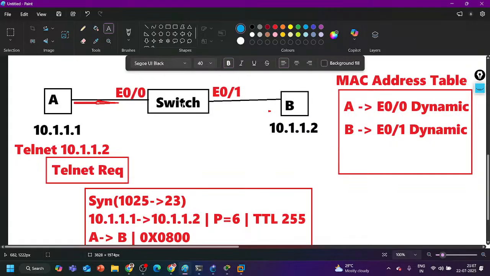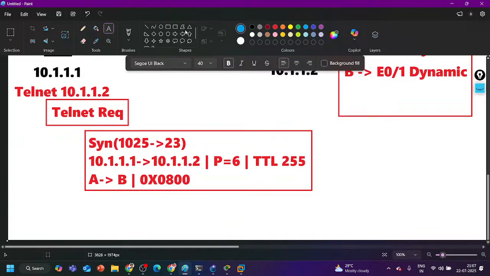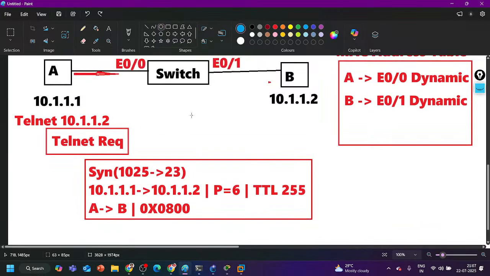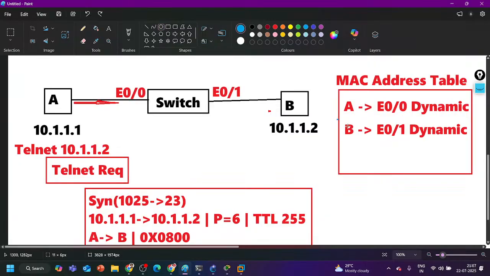Yes, sir. Sure. And after that, the switch is going to check the destination MAC address. Destination MAC address is B. To forward the traffic to B, again my switch will look up its MAC address table, and for B MAC address, the exit interface is 0/1. It will forward from here. And now PC2 is going to receive it, right? This is how the switch will perform